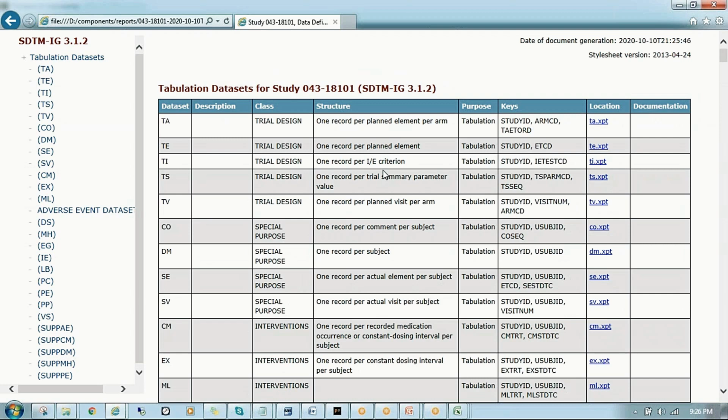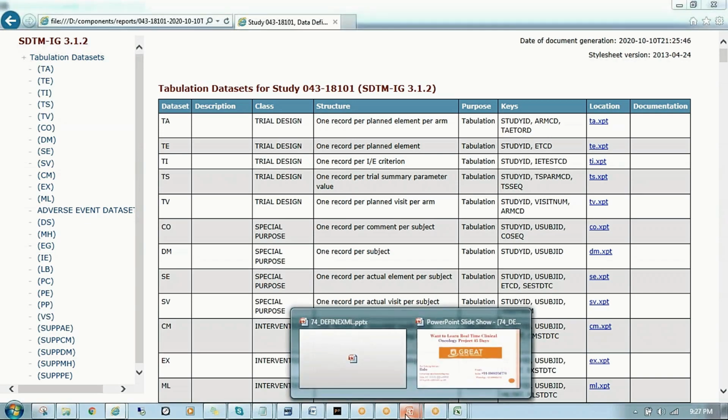You need to update everything in the specification file. That standard specification file is uploaded in the define.xml page to create the define.xml. Whenever you submit the package along with the define.xml, along with all the documents we are submitting, if the client wants to check a particular variable, they can click on that variable and the hyperlinked page is automatically opened. This is the way to create the define.xml.